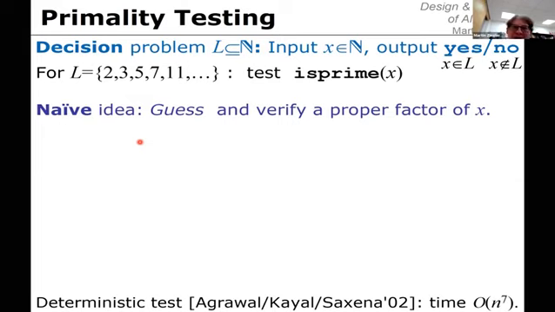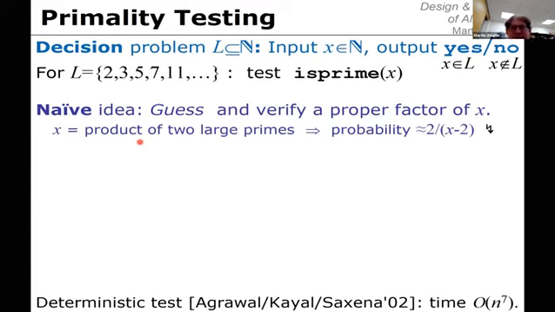Okay, so average case means the argument x is chosen randomly, whereas expected case analysis means the internal coin flips of the algorithm are random, but the argument is given in the worst case. We're interested in worst case arguments. And the worst case here is indeed when x is the product of two primes. That's the worst case here. We're analyzing the probability of our naive algorithm to make an error in this worst case. And in this worst case, the algorithm makes an error unless it guesses one of the two large primes. If the algorithm guesses any other number and checks whether it is a divisor of x,